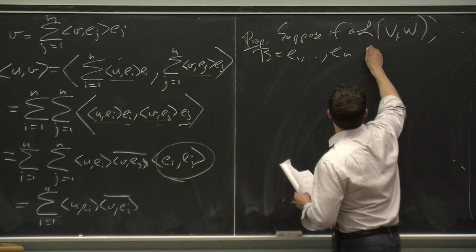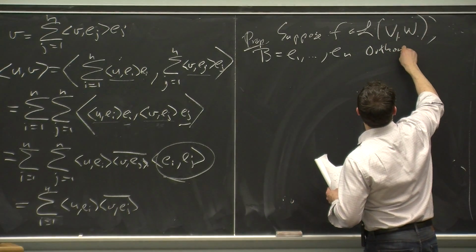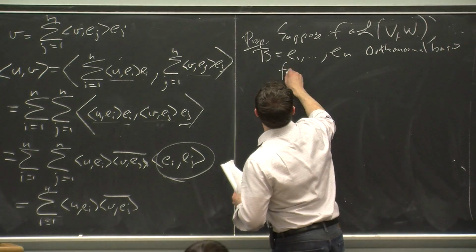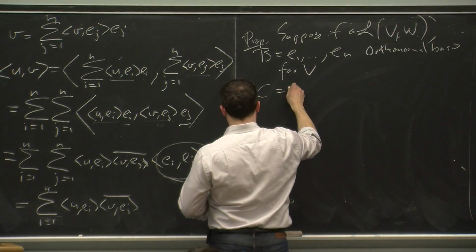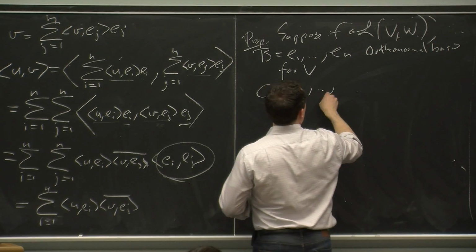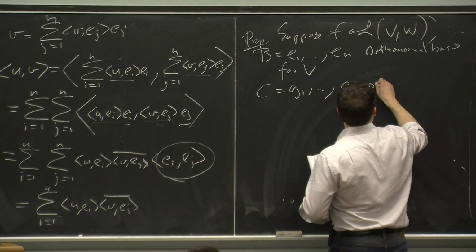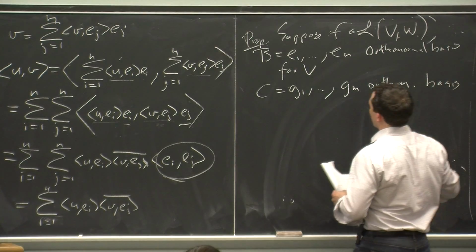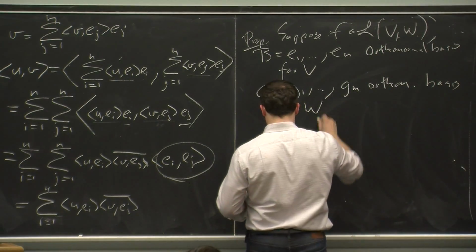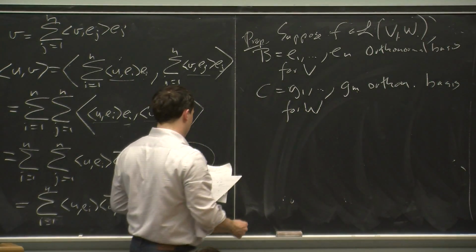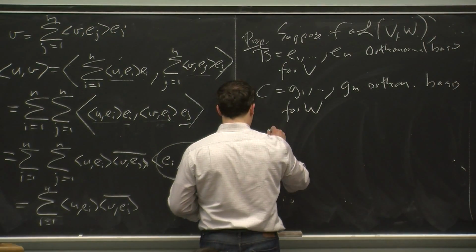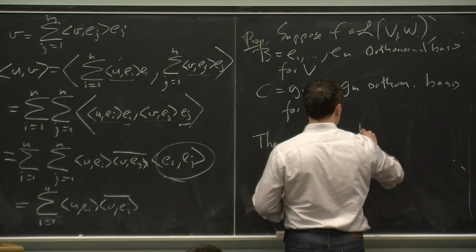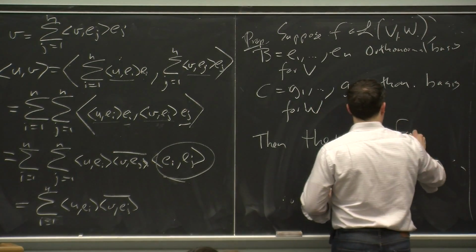E1 up to En is an orthonormal basis for V, and G1 up to Gm is an orthonormal basis for W. Then the matrix for